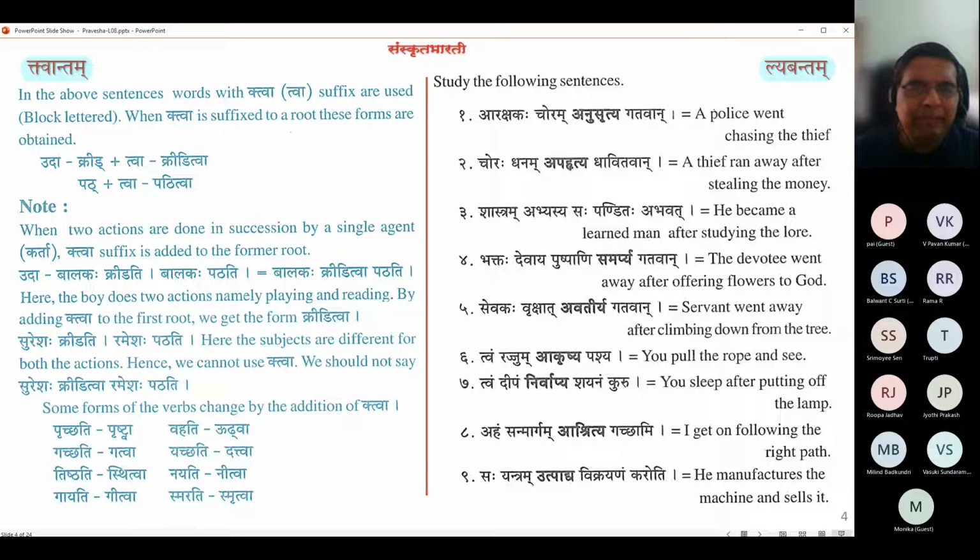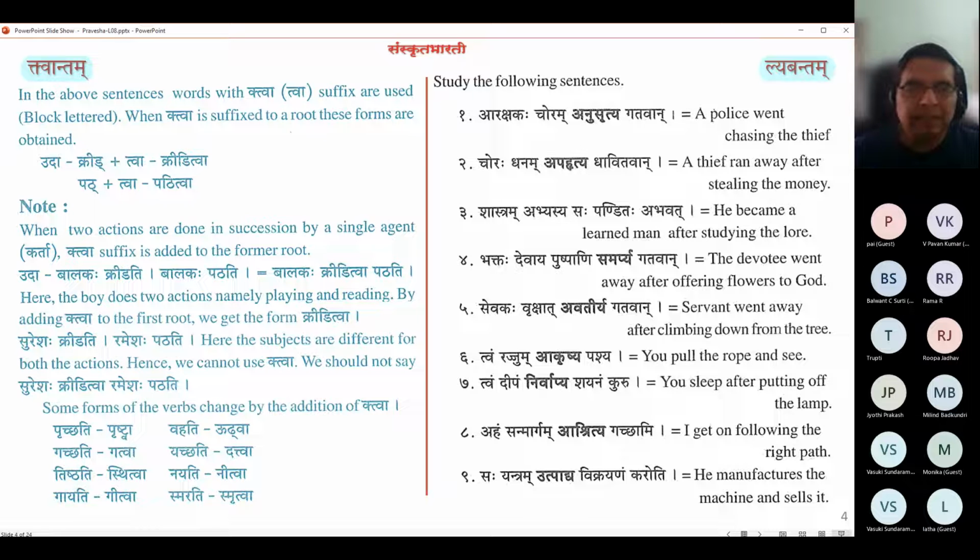Of course, we can bring in many other noun agents into the equation with the respective dhatus, but that is not the focus here. The focus is on what this tvanta is. And so the agent has to be common, the karta has to be common, and further there has to be a completion of one action, and then the other action should ensue. There need not be a karya karana bhava. It need not be that the first action has something very deterministic in the second action taking place. It is just temporally important. That means they happen in a time sequence.